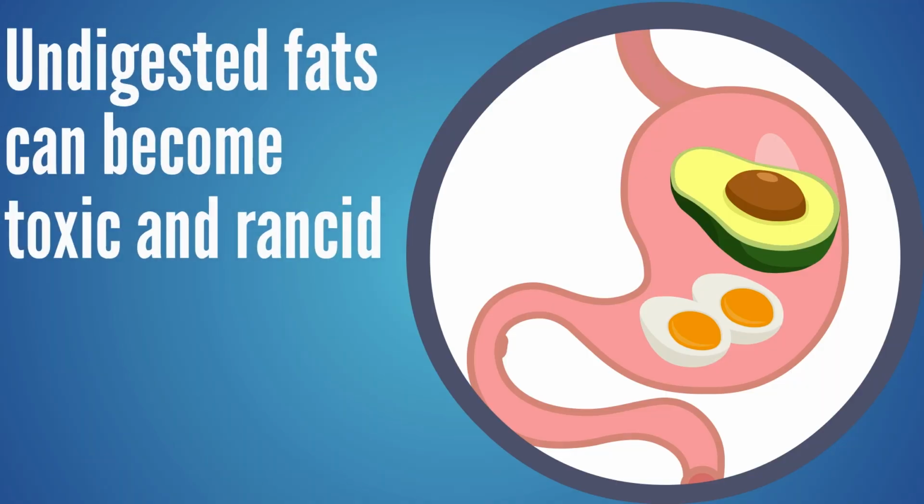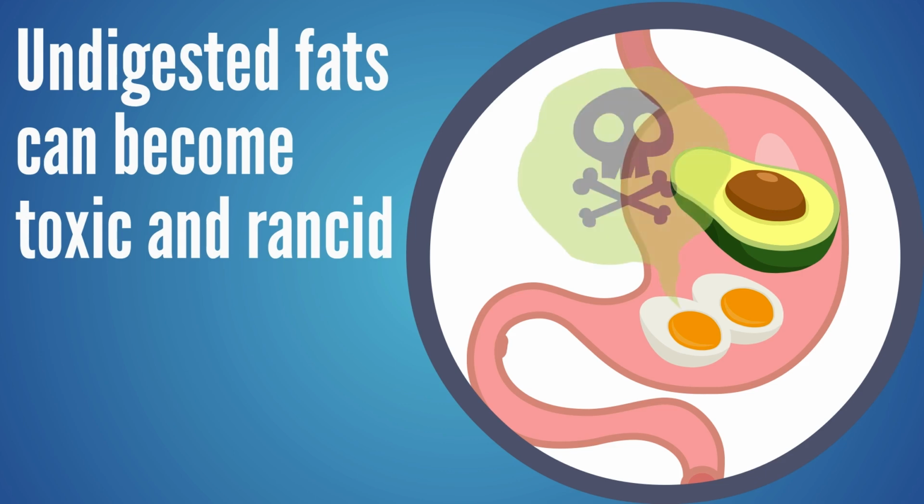Now, if a client is to increase their dietary fat, but bile is really backed up and it's not flowing well enough for them to be able to process this increased amount of dietary fats, well, now you're going to cause a real problem, because all these fats are coming in that can't be emulsified or broken down because there's not enough bile to do that. So now you have all of these undigested fats that can become toxic and rancid,